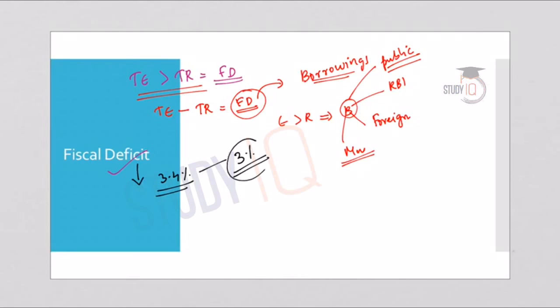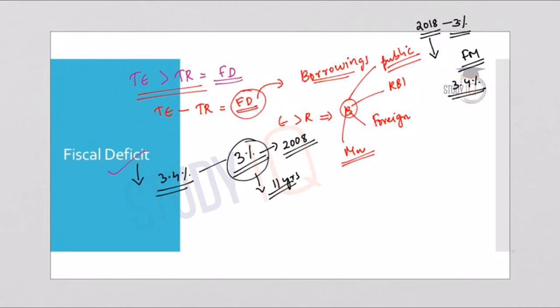And this 3% target was set up in the year 2008 itself. Now it's been almost 11 years that the government is not able to achieve the fiscal deficit target. According to the present NDA government, it promised that in the financial year 2018, it will bring down the fiscal deficit to 3%. But because of many of the populist measures of the government, because of the implementation of many schemes and yojanas, the government was unable to bring down the fiscal deficit, and according to the finance minister, it will still remain around 3.4% of the GDP.